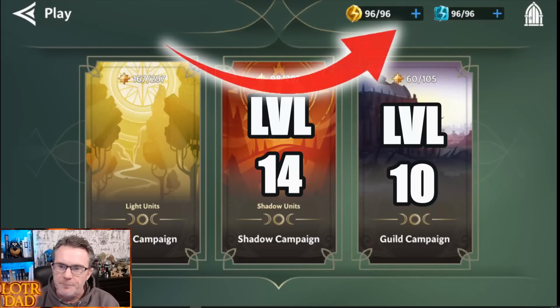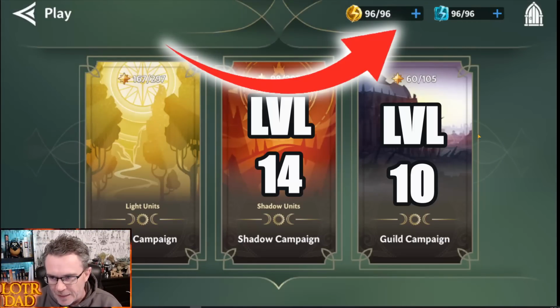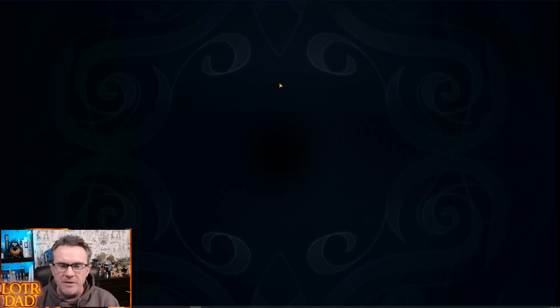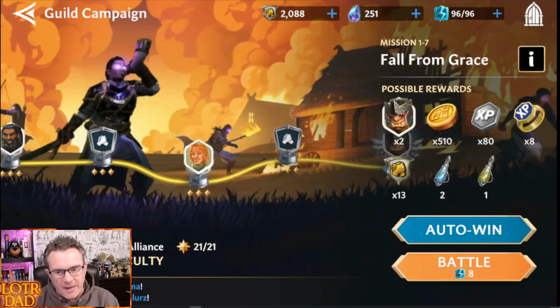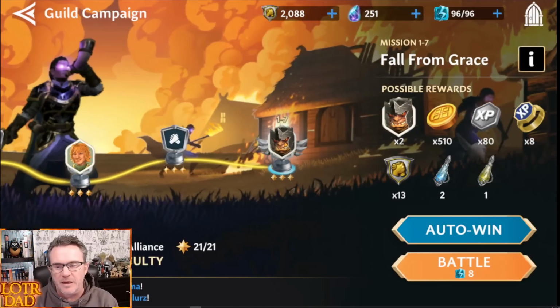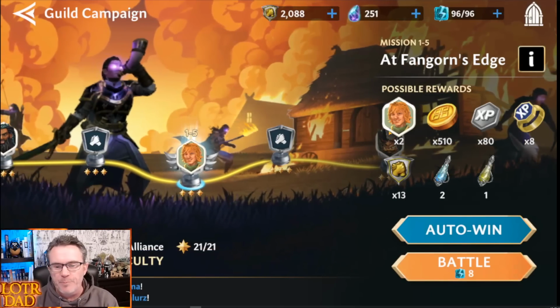Now look up here. This energy right here, the gold energy, is for my light and shadow campaigns. The blue energy is for my guild campaigns. So whenever I go into here, we're going to give an example. I'm going to go into my guild campaign, back to chapter 1 here. And you can see here in guild campaigns, we get to unlock shards for Gaj Ironhide,